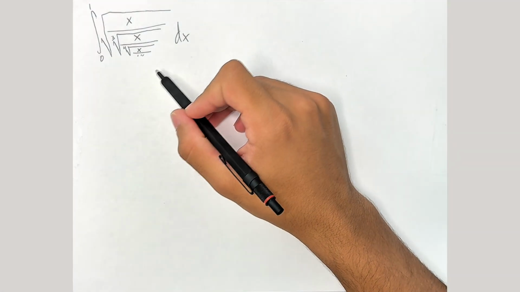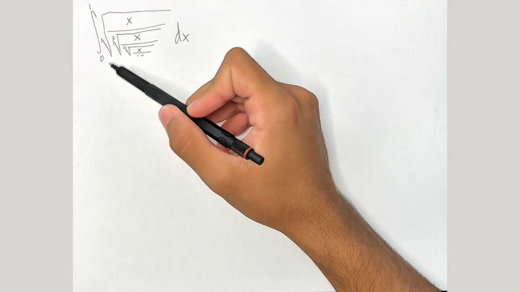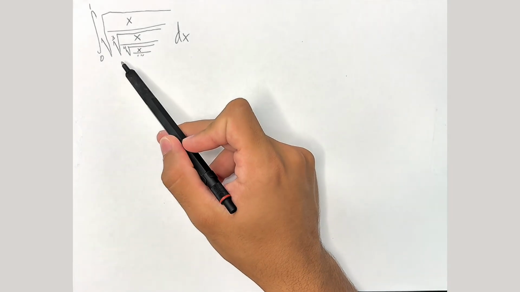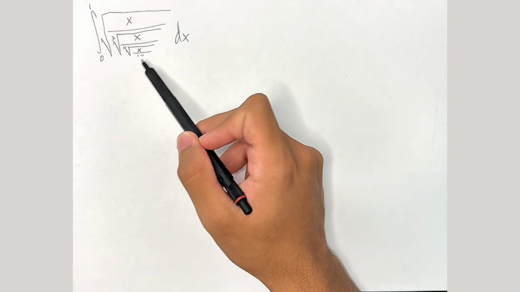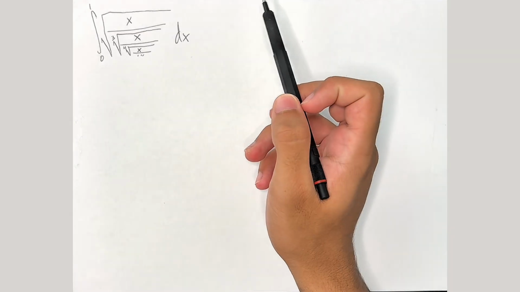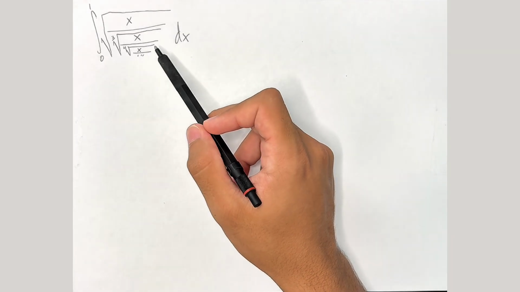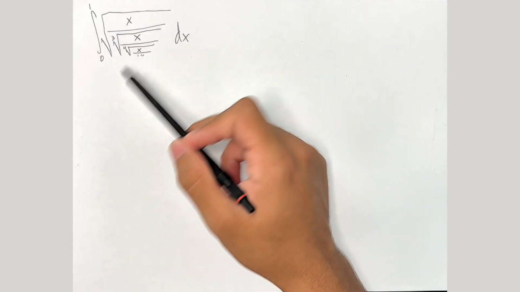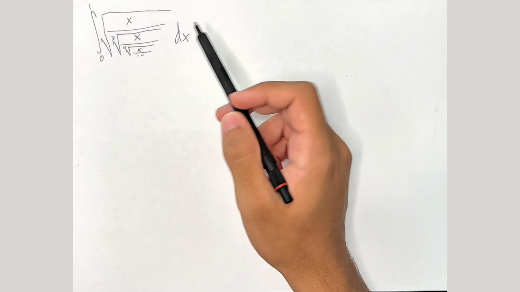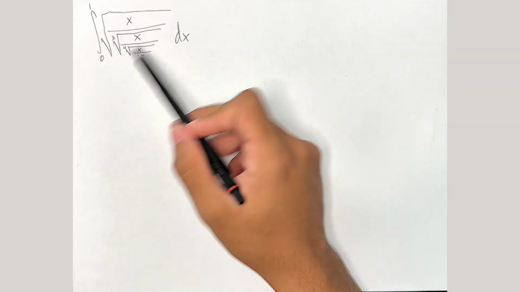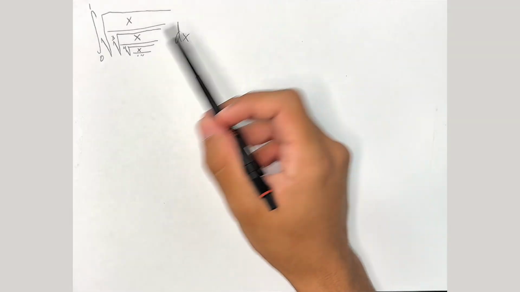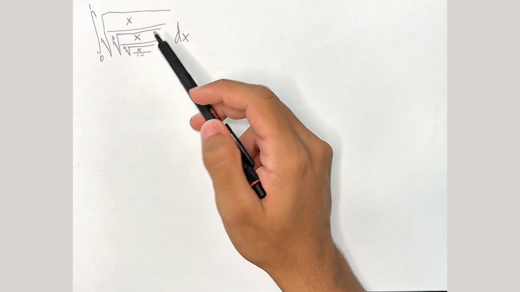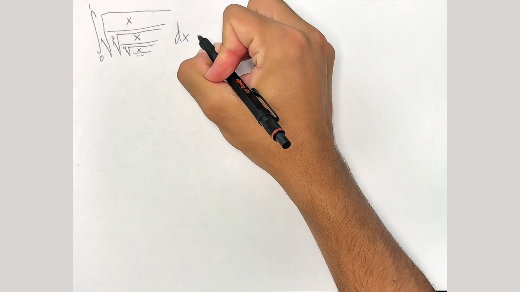Alright everyone, today we are looking at the integral from 0 to 1 of the square root of x over the third root of x over the fourth root of x on and on to infinity. So firstly, whenever you see some sort of nested radical like this, you must always find some sort of way to simplify it. So we can isolate this nested radical and convert the root notation into exponential notation, and we are left with